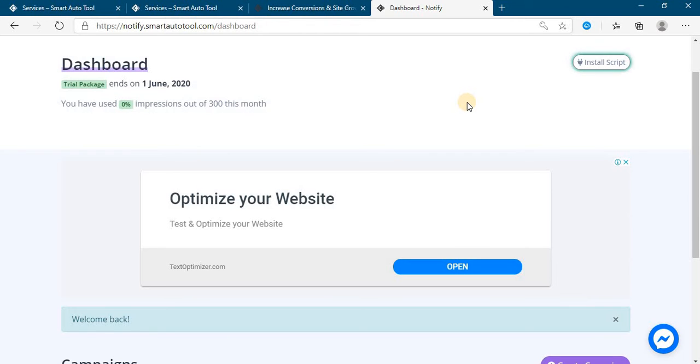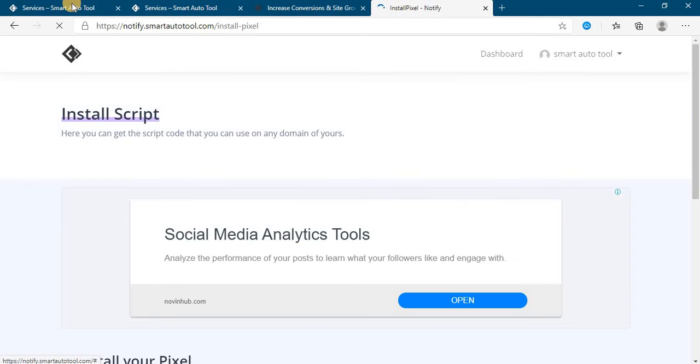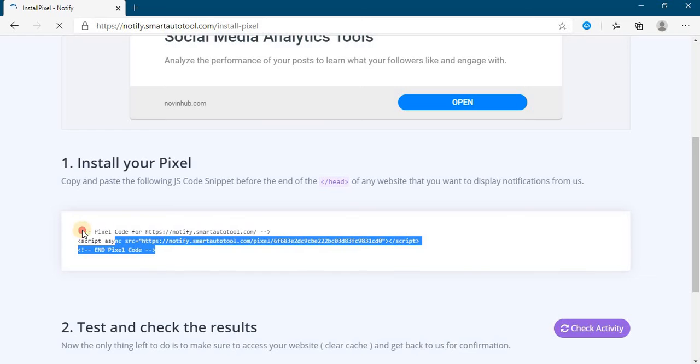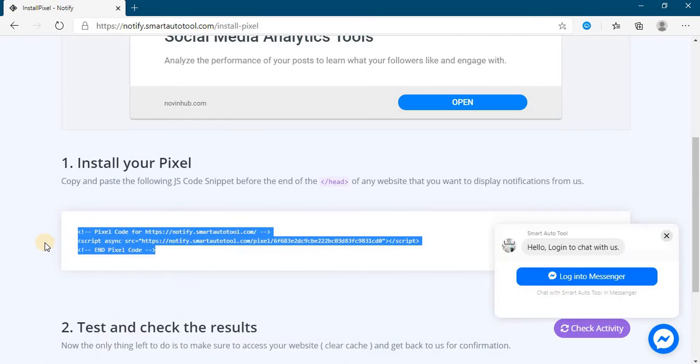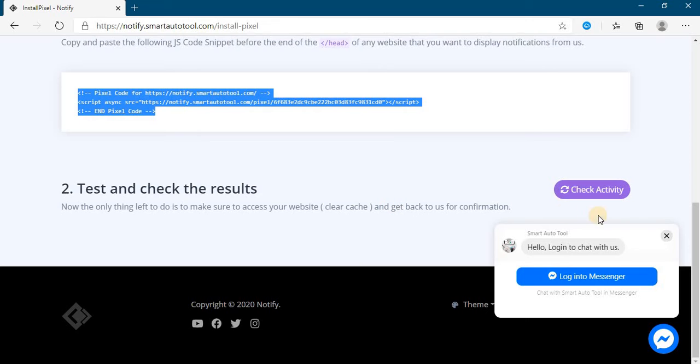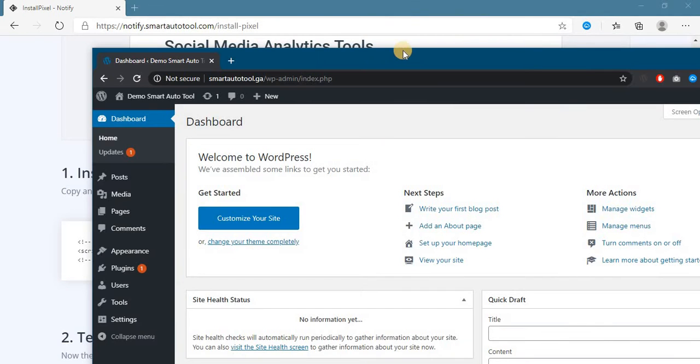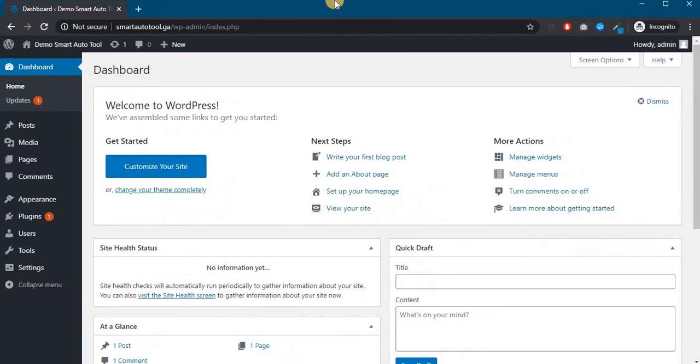Okay, click on install script. Copy this code. And I am using a demo website for this.